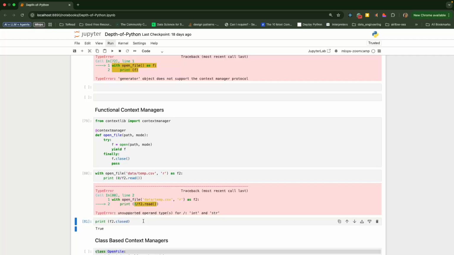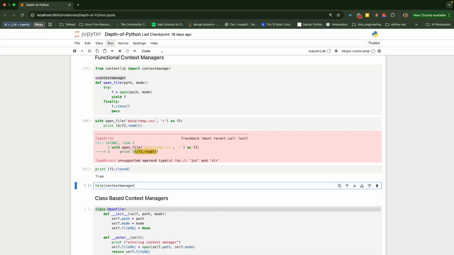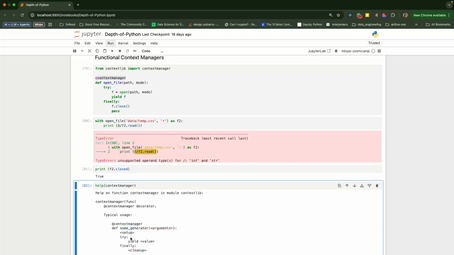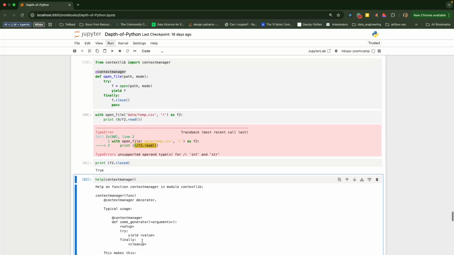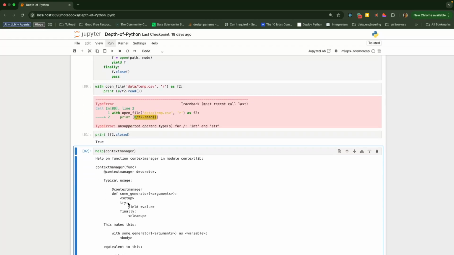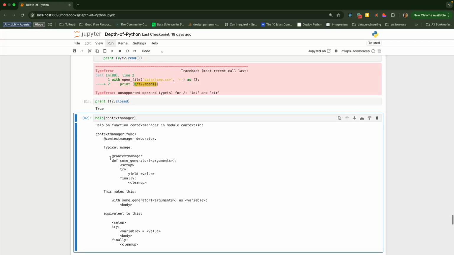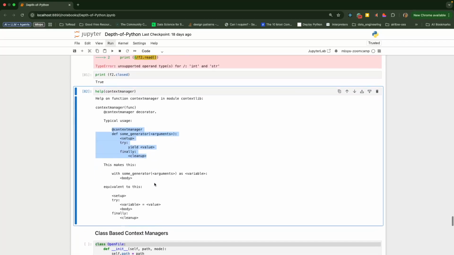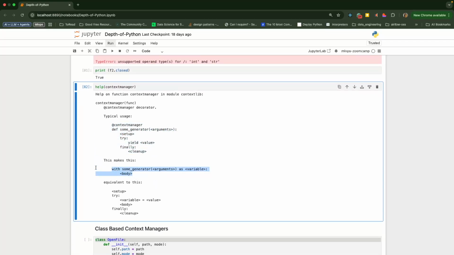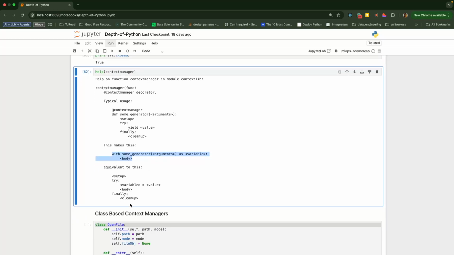What is it doing? That is what the whole point of Depths of Python is, right? We have to go one step further. We cannot just leave it here. So to figure that out, we are going to use our help function and see what it actually does. So here is a very nice documentation. It says this is how you use it, this is how you make it a context manager, and then